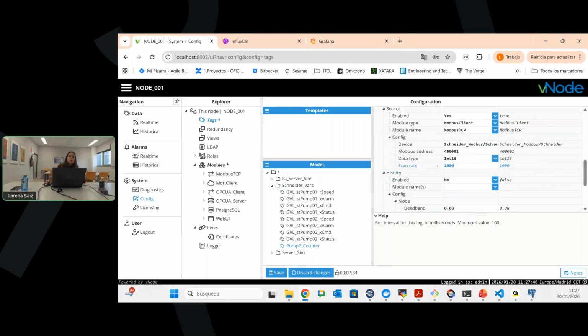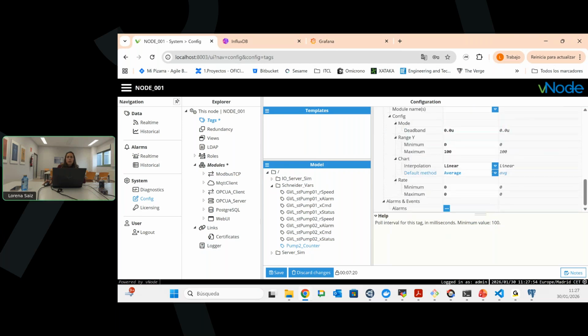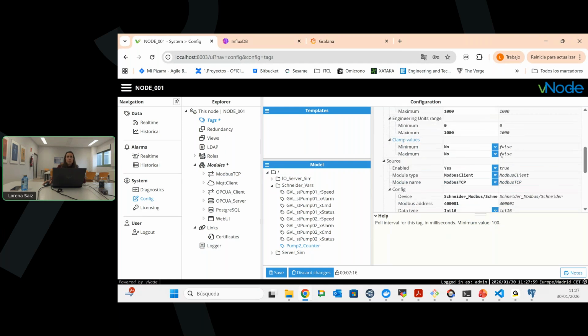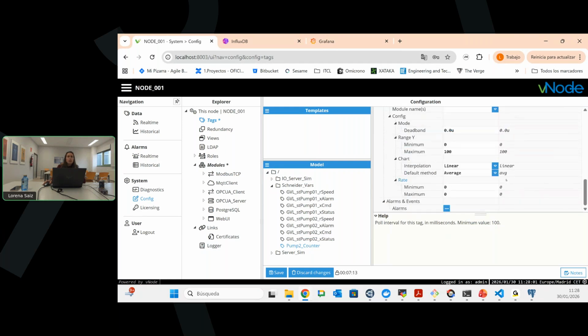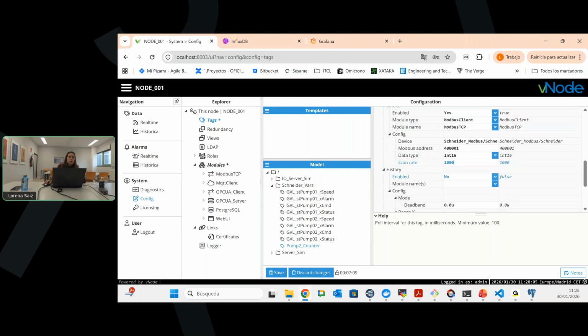So here in this example, the gateway IoT each second will make the request to the PLC to get the data, this data. So that, I think we made a review of all the parameters you need to configure from the Modbus TCP capture architecture. Here in the history is where I told you that you can, if you enable and you configure